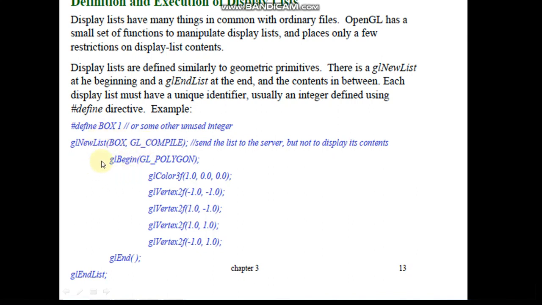So inside this we are writing common OpenGL code. As you can observe, we are interested in drawing a box-like structure, a cube-like structure. So we start with the glBegin function. GL_POLYGON is a suitable argument for this. We are selecting a particular color, I guess it is red, right? In order to draw a box, that is a rectangle, we need 4 vertices. 4 vertices with different x and y coordinates are shown, ending glBegin with glEnd, and similarly the new list has to be ended using glEndList. This is the way we define a display list.